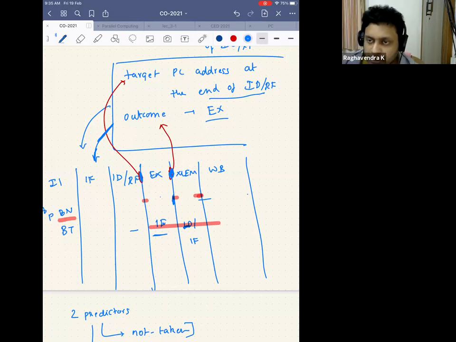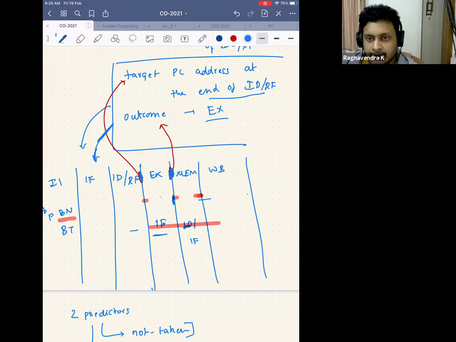Actually, this is very true because branch is a big headache for a lot of processors. That's where there is an issue with the performance. I don't know how many of you follow computer architecture news. There have been security hacks based on the branch predictors. Intel took a very big hit because of it. So branch prediction is a very important topic. That's why I'm stressing it. If you have doubts, feel free to ask me. I will not kill you.